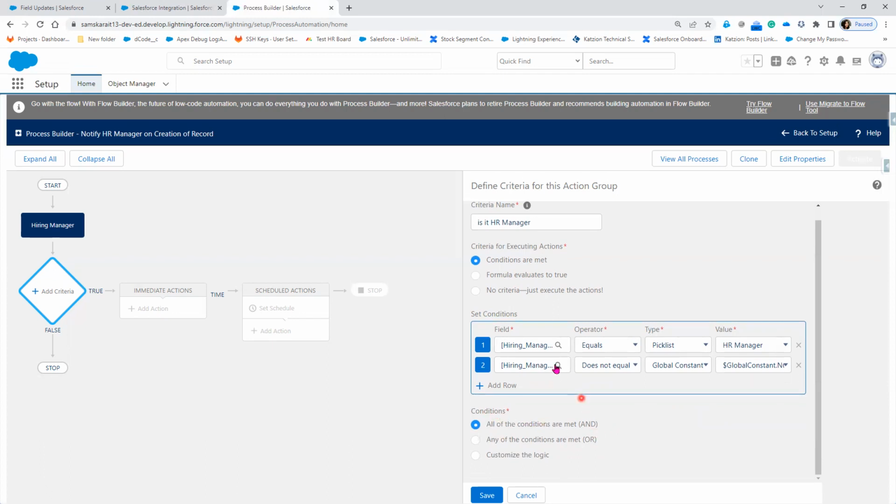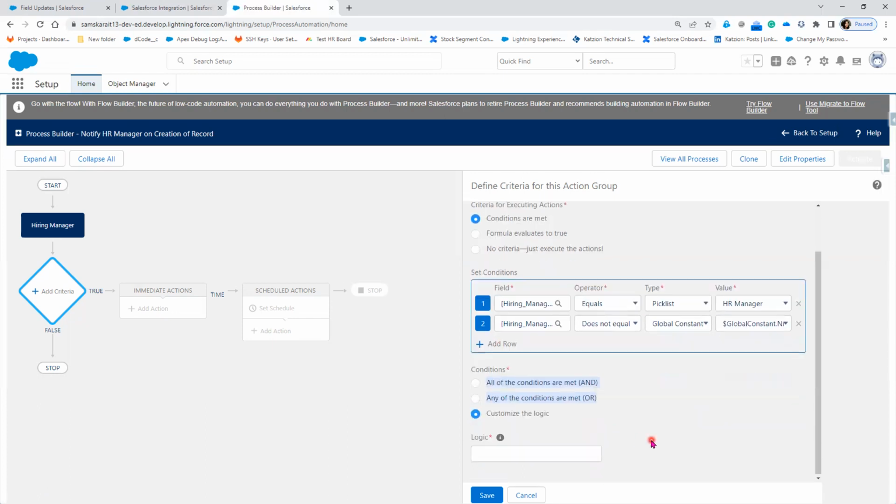Do you want to go for an AND condition? 1 and 2, or 1 or 2, and then customize the logic. This AND/OR is basically whatever we have seen in the formula field. It's the same concept, concept and concept or concept. Right? If you want to go with a custom logic, you can implement your own custom logic, like 1 and